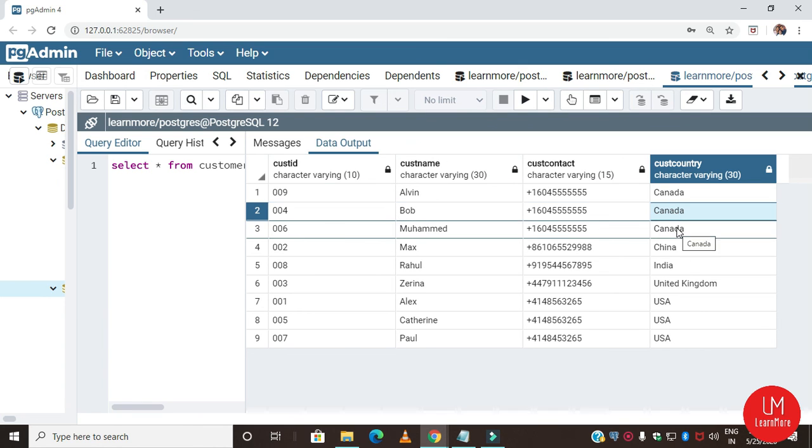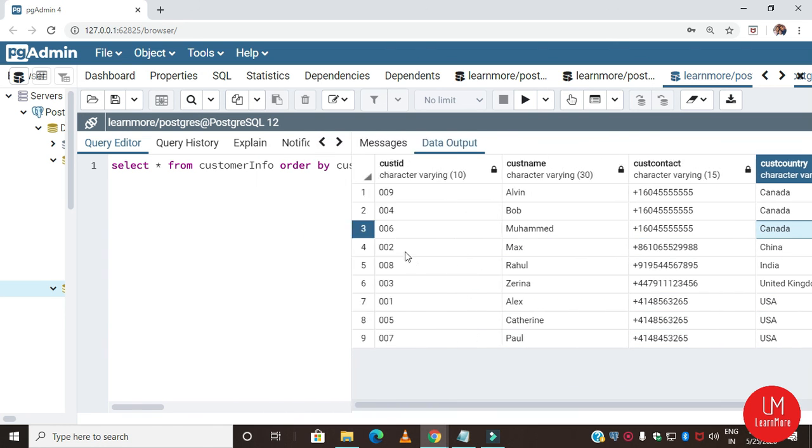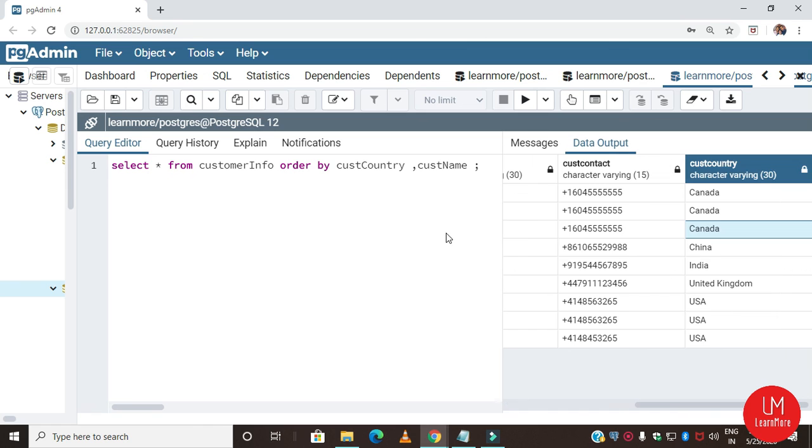When you have one more Canada, you can see after that M, Muhammad came. So first it sorts this table using the customer country, then within that result set it is sorted by customer name. I hope you understand.